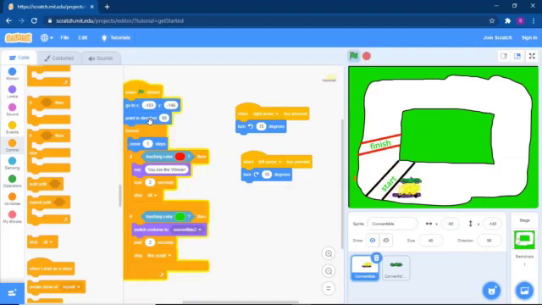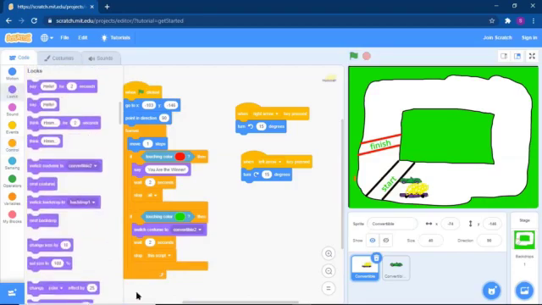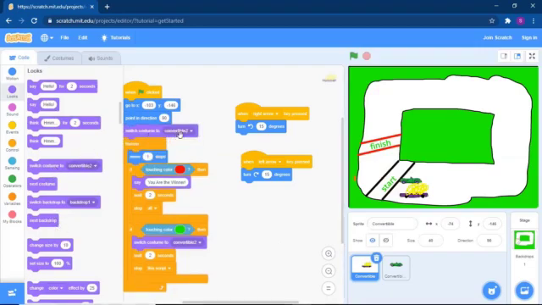So here we need to add one more block. Which one? Looks block. In the looks block we have to switch costume to the original costume. Right, so when you click this one, it will always change the costume. Fine. So this is all we have done for one.